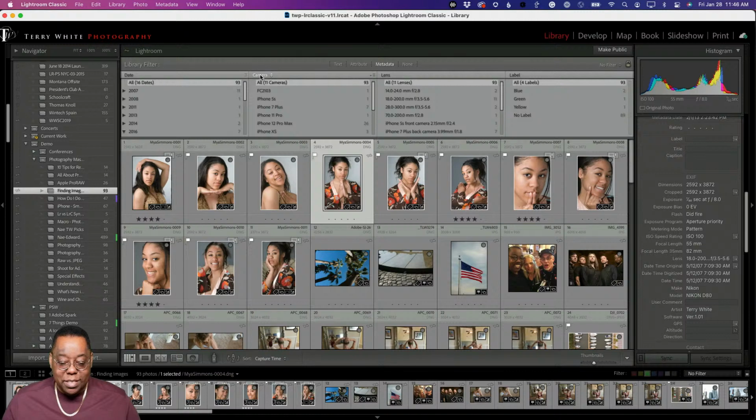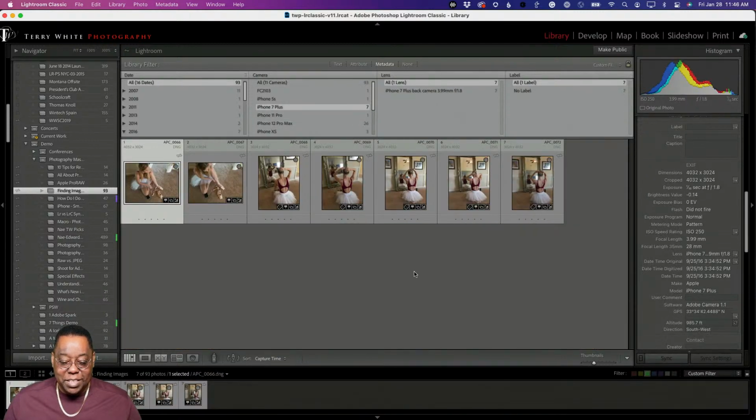So it brings up date, camera, lens, label. And I always said to myself, well, that's fine, but I'm looking for other things. So for example, camera, great. I can see all the ones shot with my iPhone 7 Plus. Cool. But what if I want